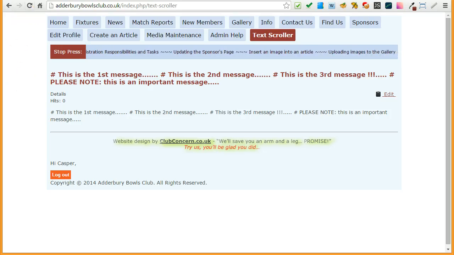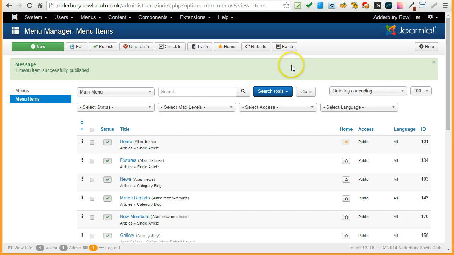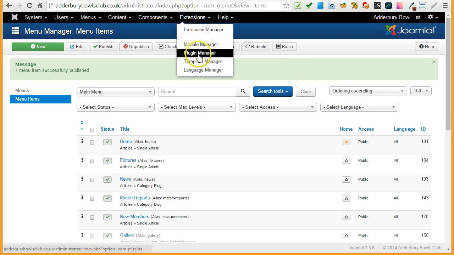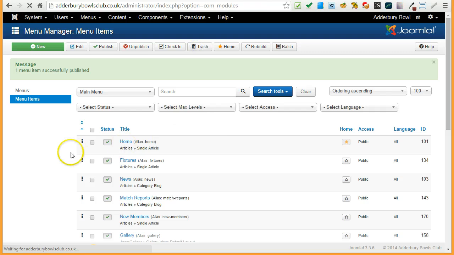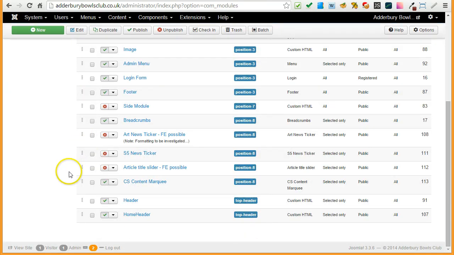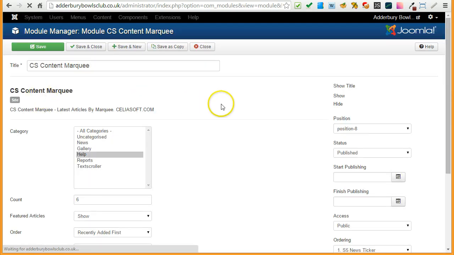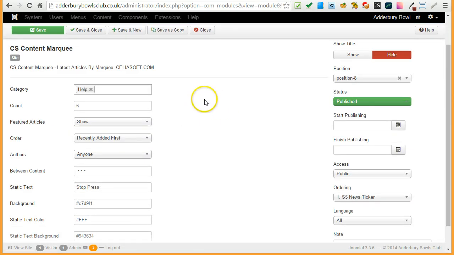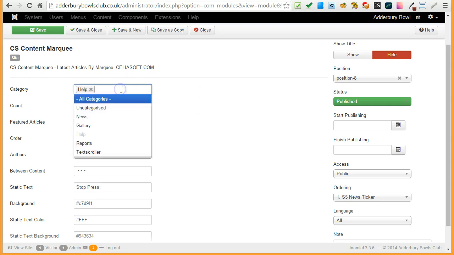For that I will have to go to the back end of the website. I will again have to go into the module that we use to do this. I open the module, and I need to change the configuration, which is a simple thing. This, of course, you must remember, can only be done by the super administrator. So all I want to do is add the text scroller category, because the text scroller category puts articles on the text